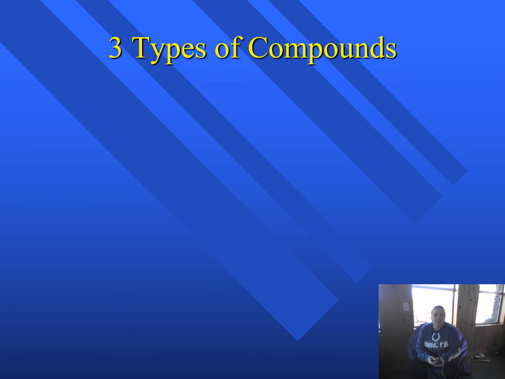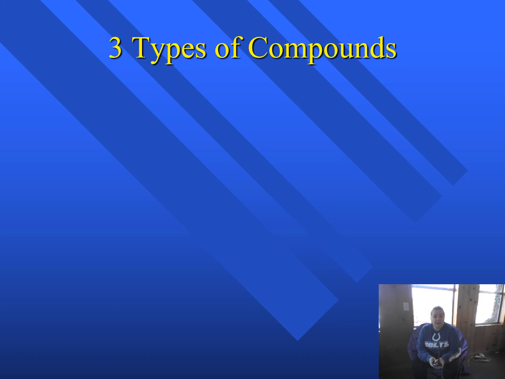Okay, now we do the three types of compounds. They're kind of determined by those vocab words I just gave you. For instance, if it has two elements in it, it's called binary. If it has more than two, it's called poly. Also, do they share electrons or do electrons actually come off of one and go onto another? That would be the difference between covalent and ionic. So let's take a look at